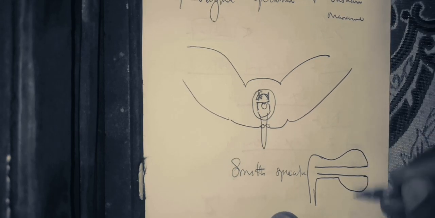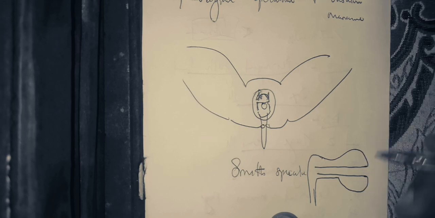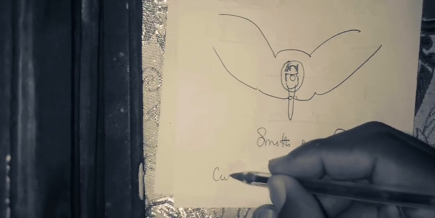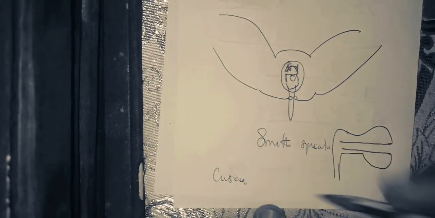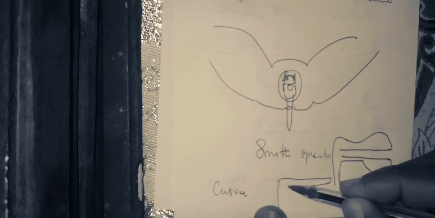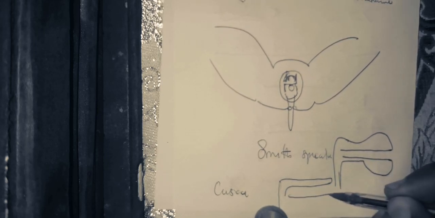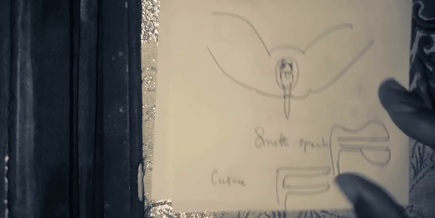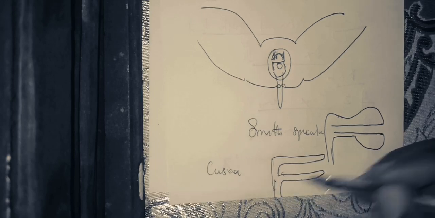This is mostly used in patients who are already multiparous. We also have the other speculum, which is the Cusco speculum. The Cusco speculum has straight blades, which are straighter than in the case of the Smith speculum, and the Cusco speculum